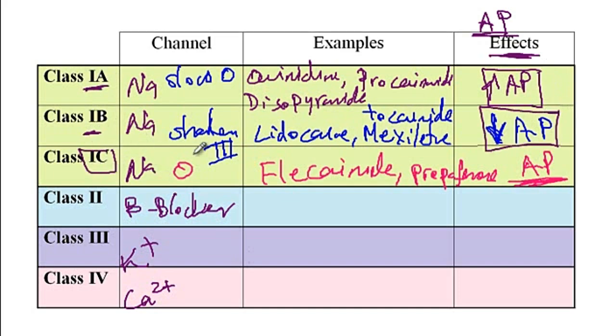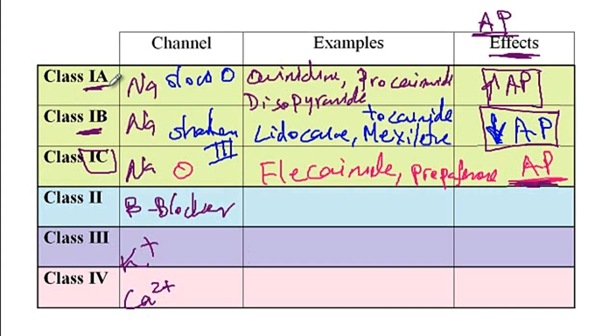And then class 1C keeps it constant, so no change in the action potential. And then in terms of medications for class 1B, "Lidocaine Mexican Tocainide", so lidocaine, mexiletine, and tocainide. For class 1A, "Queen Proclaims Pyramid Dies". And then finally for class 1C, "Flies can hide and pros can phone home." So this way now you have the name as well as the effects on the action potential for all class